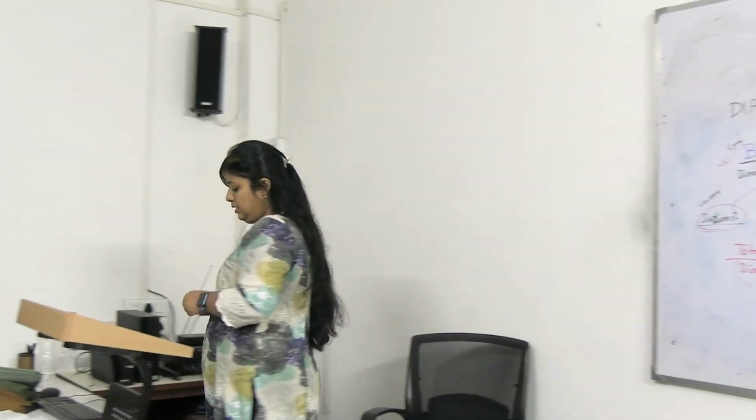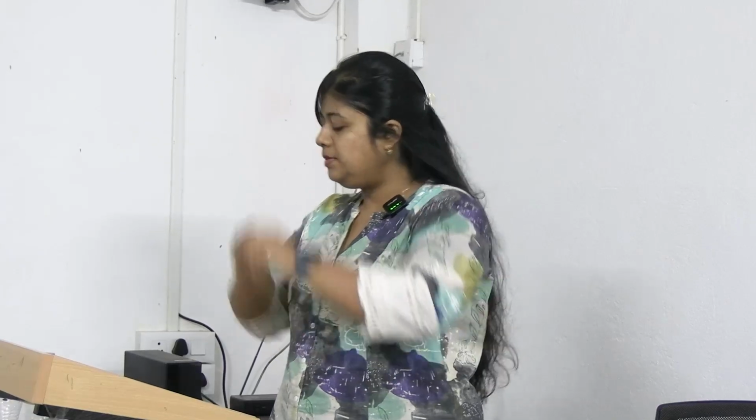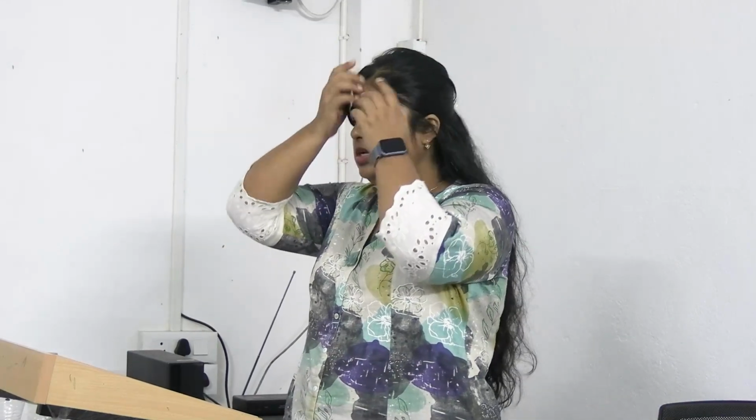Okay? So the reagent can be divided in two parts. One for total bilirubin estimation, one for direct bilirubin estimation. In total bilirubin estimation, everything will be there: surfactant, diazo compound, acid buffer, everything. But in the case of direct bilirubin estimation, surfactant will not be there. Clear? So write down the reagent composition.